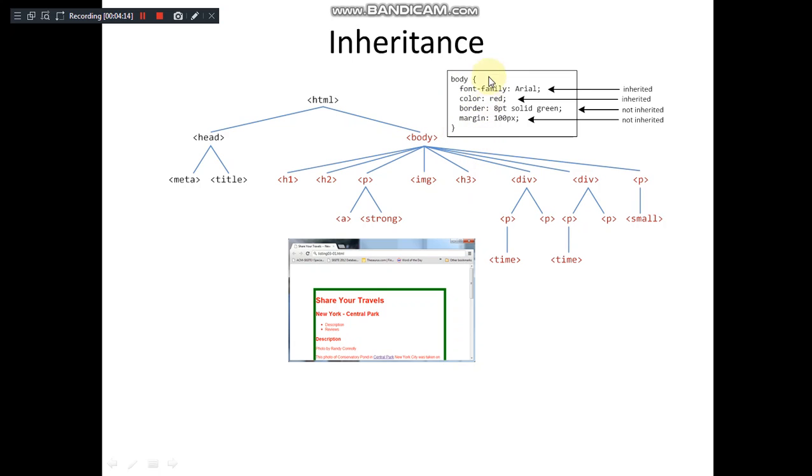So we'll see one CSS rule which is defined in this rectangle. You can observe that font family and color are set with certain values. Also it is mentioned with the border and margin properties. Among these, the first two are inherited properties. Font properties are inherited, whereas border and margin are not inherited by that particular child element. That is the reason why, even though we have specified the font color as red for the body section, it is applied to every descendant of that particular document. You can observe everything displayed in red color. That is the reason.